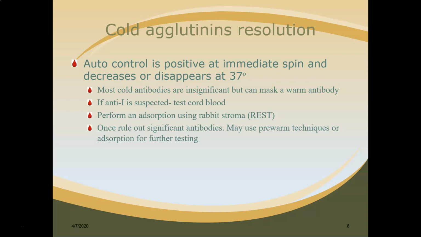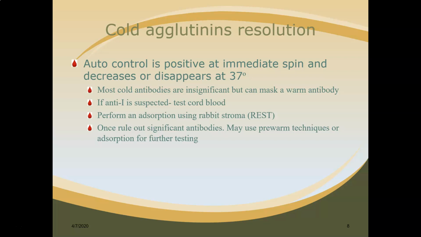Once we've determined what the specificity is and that it is just a cold, we can perform an absorption, and that's just a way of pulling that autoantibody out of the plasma so we can test what's underneath of it. And we do that using rabbit stroma, a product called REST, or rabbit erythrocyte stroma. And what they do there is they take bunny blood and they hemolyze it. Then they purify out just the remaining pieces of the membrane, because remember, the antigens are on the cell membrane,